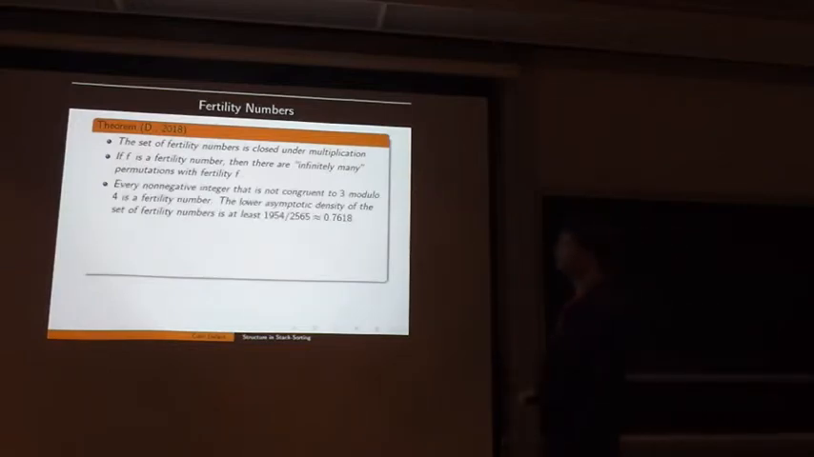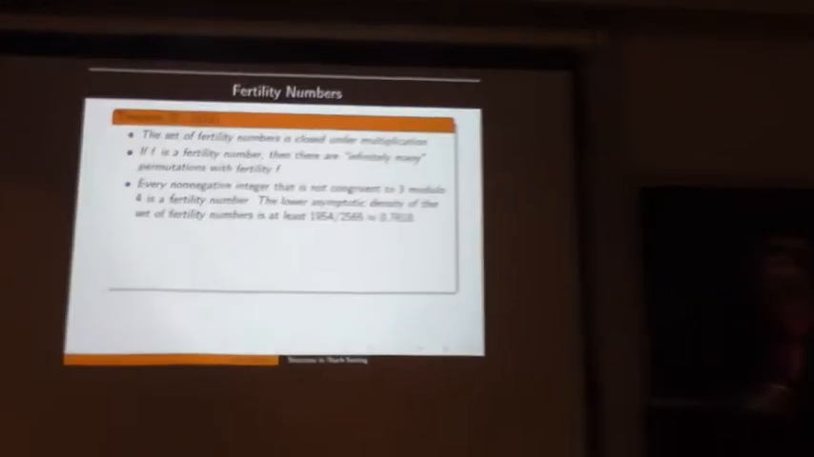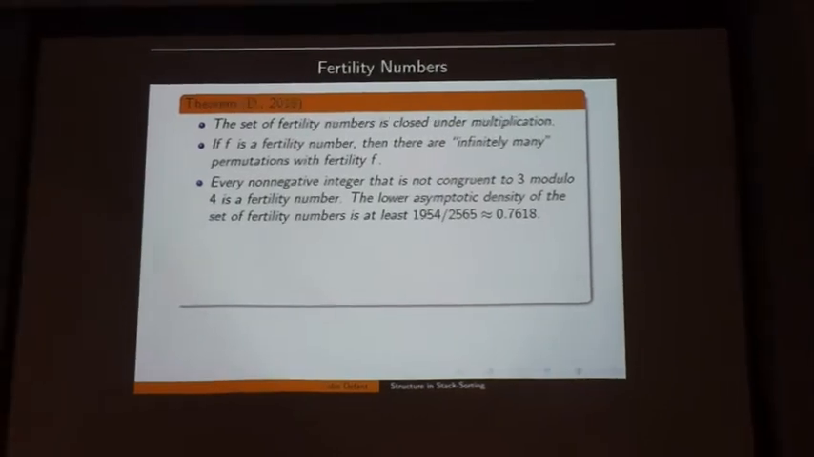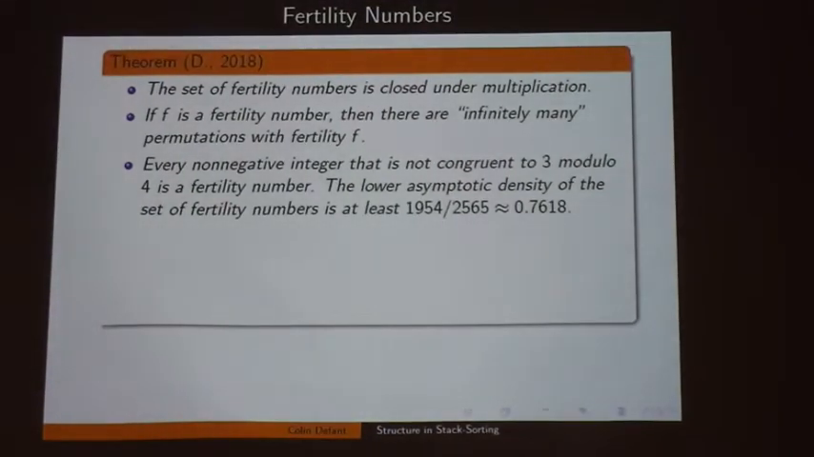So every non-negative integer that's not 3 mod 4 is a fertility number. And so this tells you that the lower asymptotic density of the set of fertility numbers, by the way, when I say lower asymptotic density, I really mean density. I haven't actually proven that this set has a density in the sense of a limit existing, so I have to say lower asymptotic density just to be mathematically formally correct, but I really mean density. But anyway, the lower asymptotic density of this set of fertility numbers is at least 3/4,